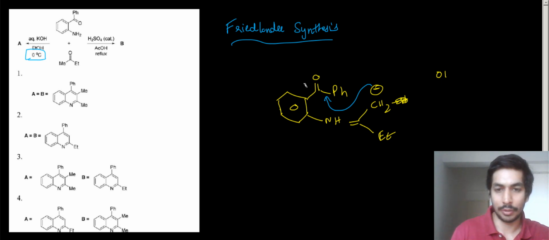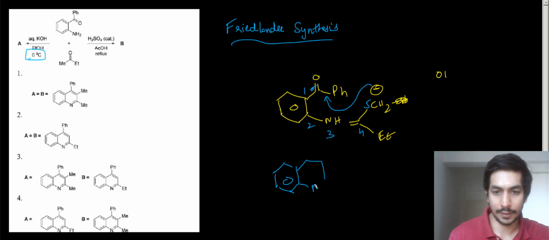Basically you can label the number of carbons, 1, 2, and the atoms 3, 4, 5 and 6. So again we'll get a 6 membered ring over here. Okay, we'll have an N, let me just draw it, N, and we have a double bond over here. On this side we have an ethyl group attached, and over here we'll have an OH attached.